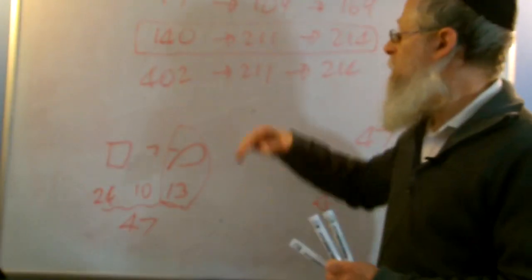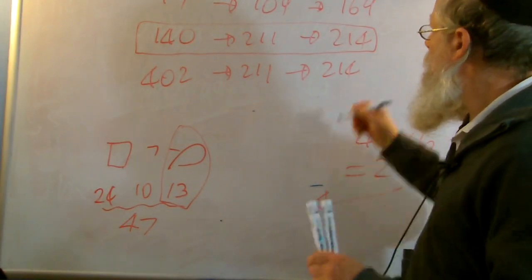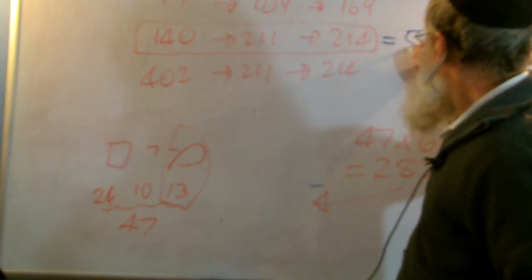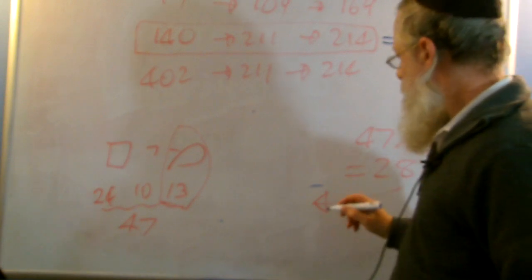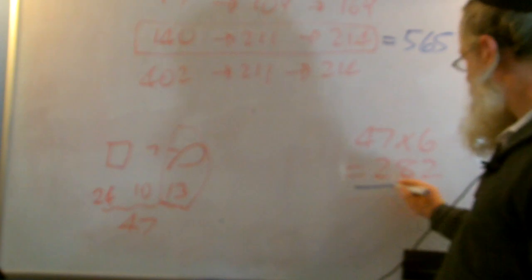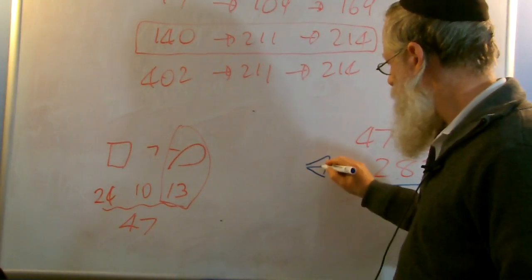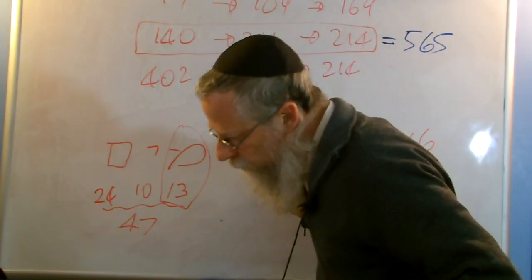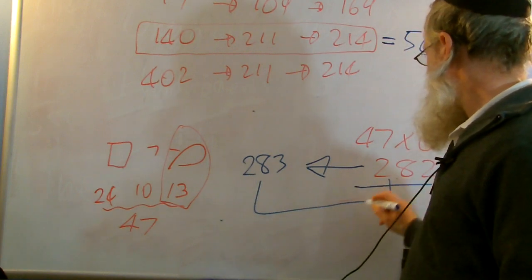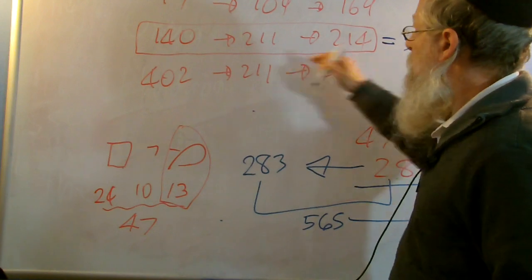So this is really a symbolic energy of where the latent heat comes into it, the heat building up. If I add all those numbers together, I get 565. And just as an interest, if you take 282, which we've got here, and we work out what that equals to, its inner value or soul value, I'll get 283. And interesting, if I add those together, I'll get 565 coming up here,